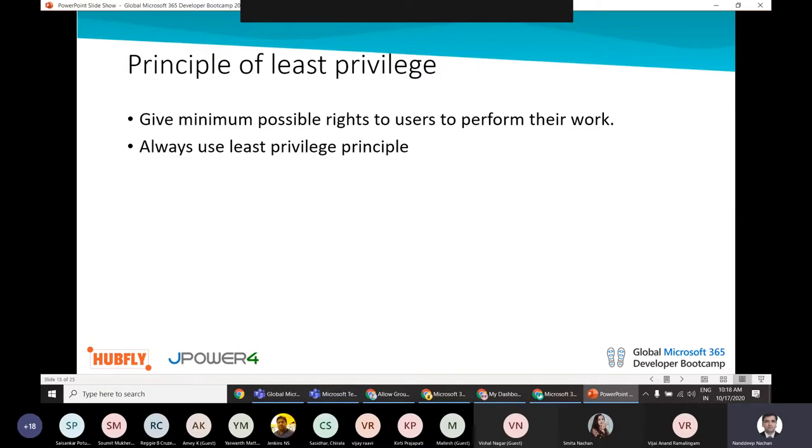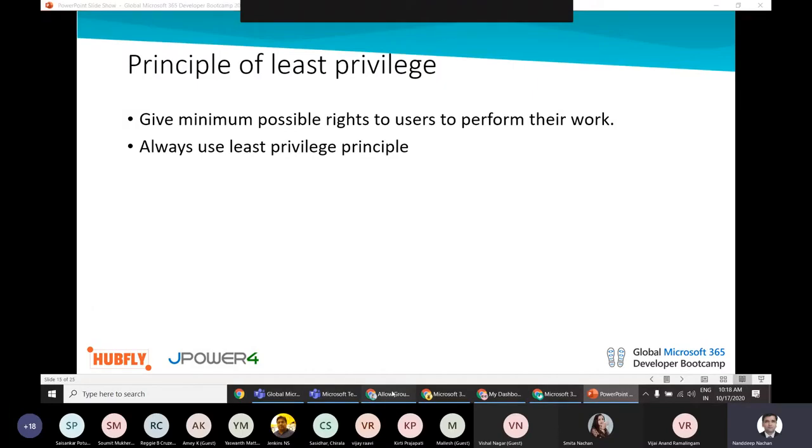Even if you give the global administrator rights to the user, he will have SharePoint administrator rights, and then he will be able to perform the SharePoint related activities, mostly the admin activities of SharePoint. But what we want is that the user should only be able to perform activities against SharePoint and not across your whole tenant. So for that purpose, we can use the principle of least privilege, so that the user who is requesting those rights only has the minimum rights to perform their work.